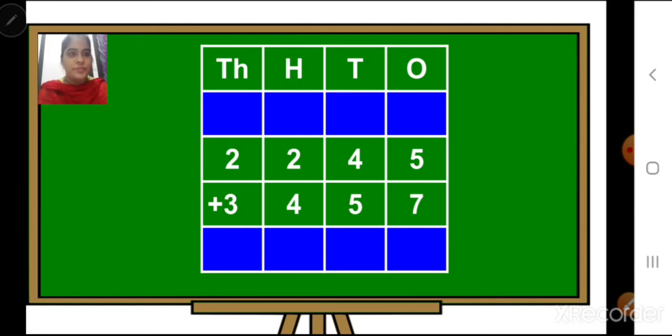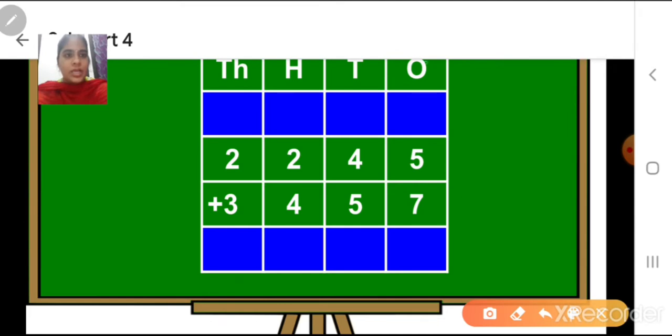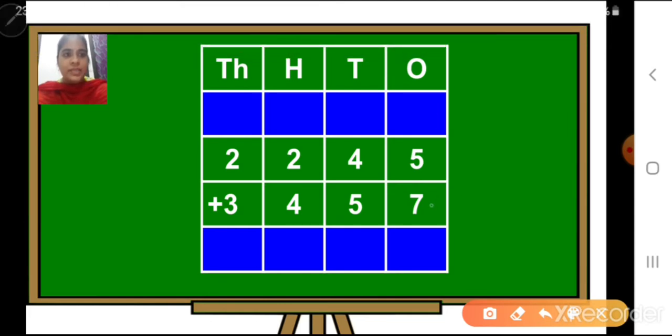Now here we have to put all the numbers in the correct place, and then we have to start adding from ones place. So let us add. In ones place we have 5 plus 7. So come on, add children. After 5, that is 6, 7, 8, 9, 10, 11, 12. Correct. So till 7 we have to add. So that is 12. 5 plus 7 is 12. So 1 will be carry over in tens place and 2 you will write at ones place.